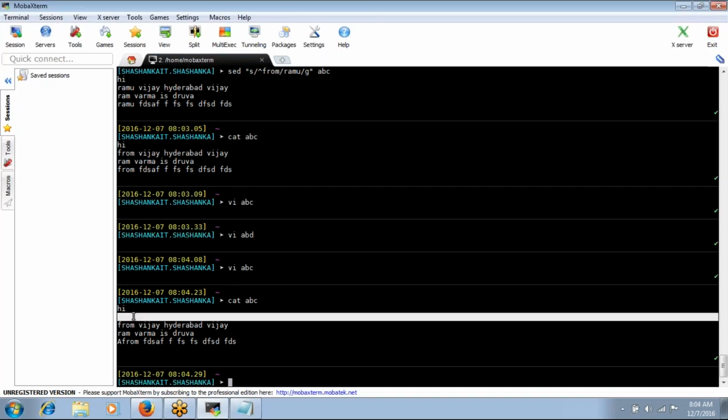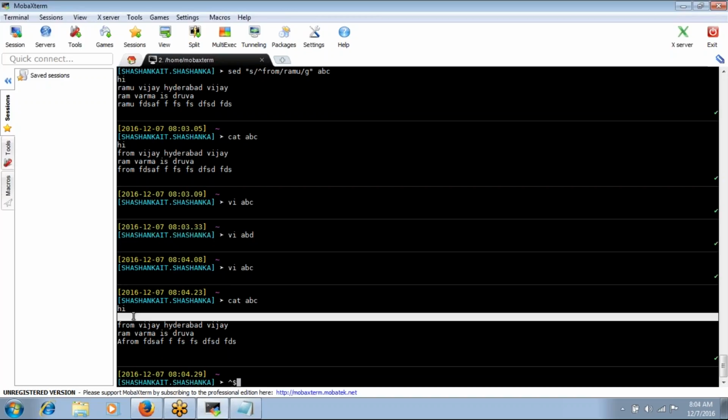Okay, this is the empty line. How to replace the empty line with something else? Basically, this is the starting of the line. This is the ending of the line. If you don't find anything between the starting and ending, it's nothing but an empty line, right?